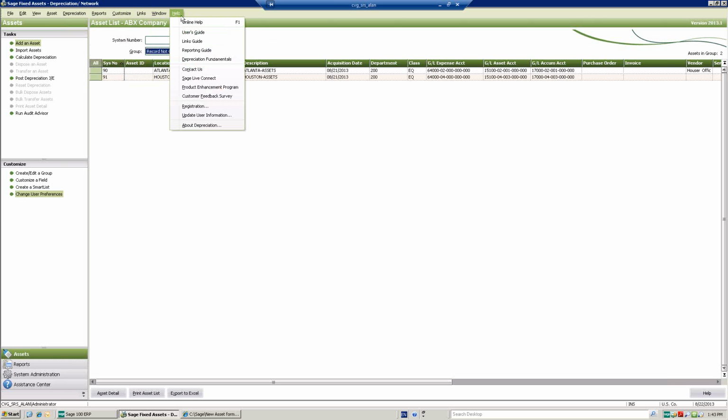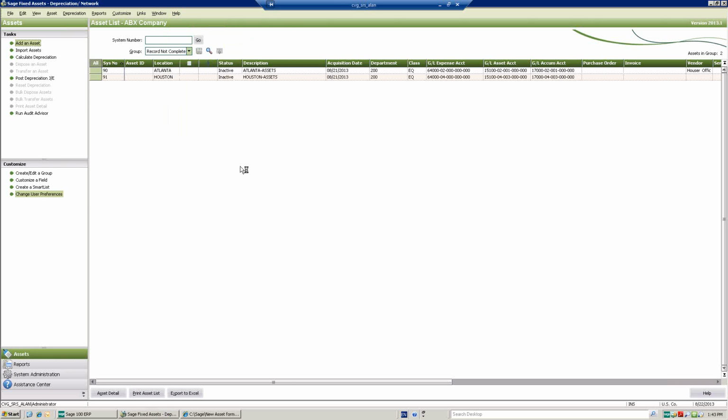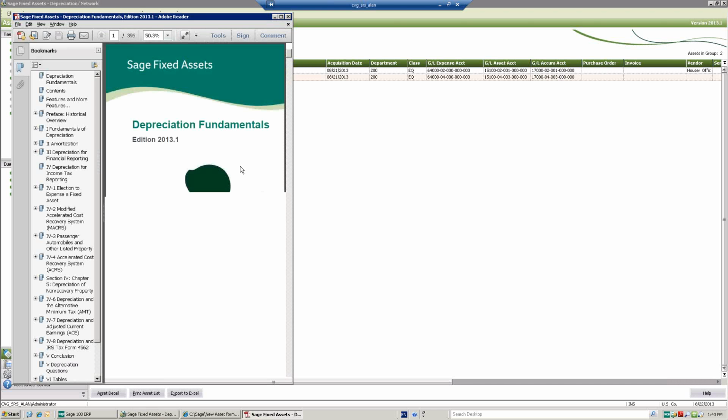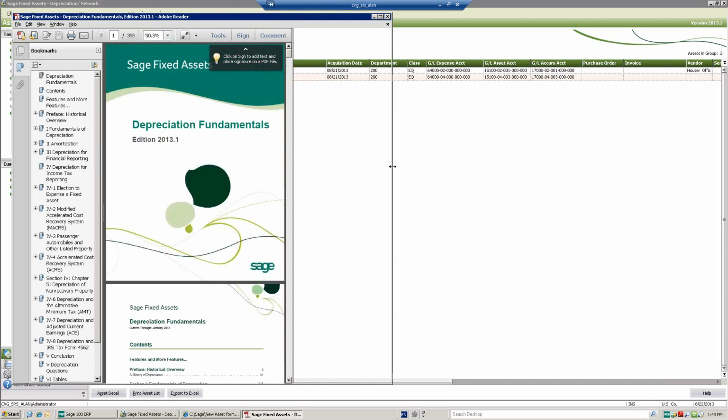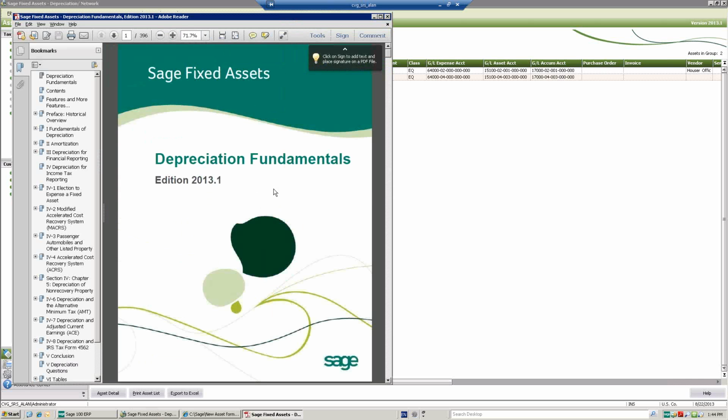For those that are going to start using fixed assets, and maybe the CPA has been doing them in the past, but your company's grown, you want to start doing depreciations in-house, there's numerous help features built into the software. I think there's actually something like 100,000 help points that you can get from within the application. So there's online help, you've got the user guide, the links guide, but there's also a real handy depreciation fundamentals